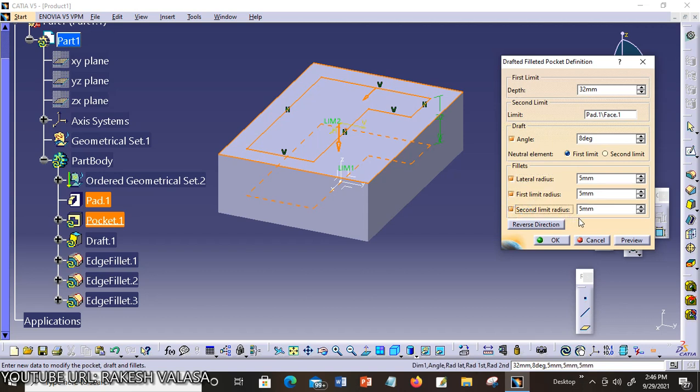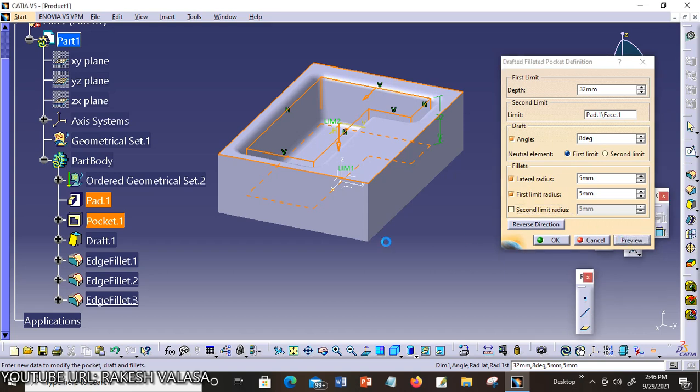Now click preview to see if the application can compute the fillets properly. If you want to deactivate these fillets, for example I want to deactivate this second limit radius, just click preview.